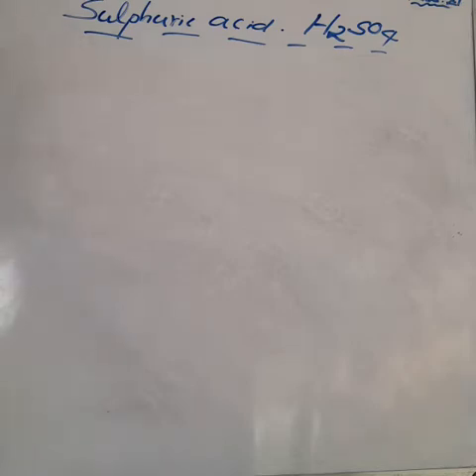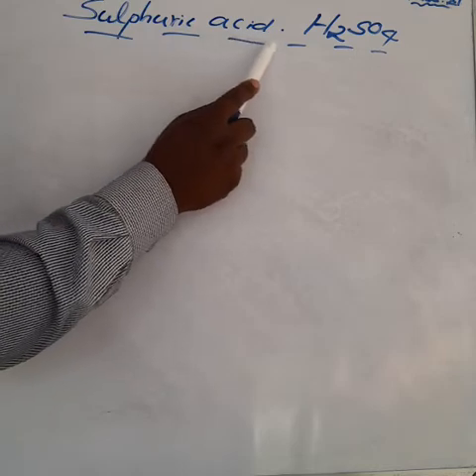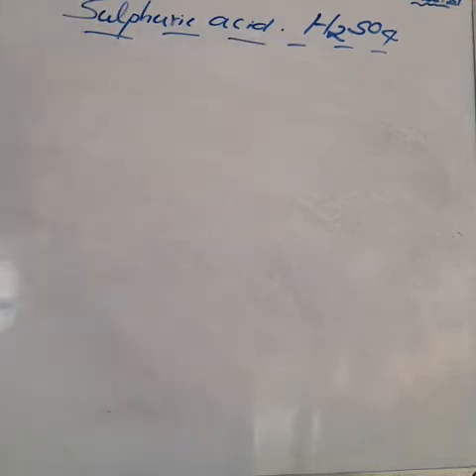Our next lesson is Unit 3, P block element 2, sulfuric acid. Today our learning objectives are to learn about sulfuric acid preparation, manufacture, physical properties, chemical properties, some of the many reactions about the chemical properties, and uses of sulfuric acid, test for sulfuric acid, and the structure of oxo acids of sulfur. These are the areas you have to discuss.